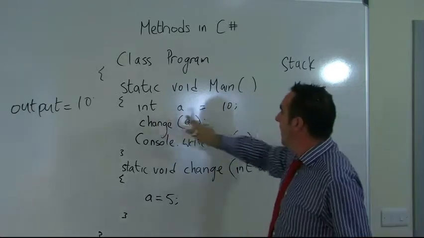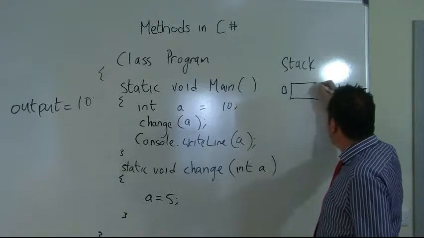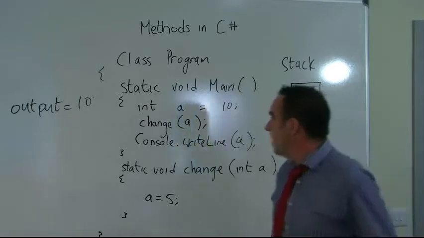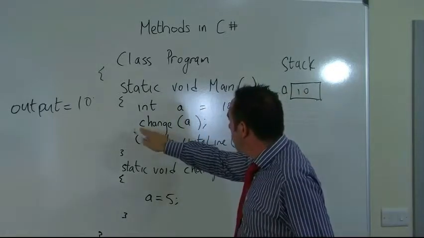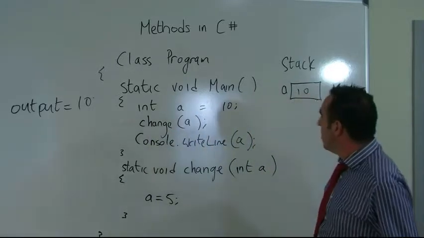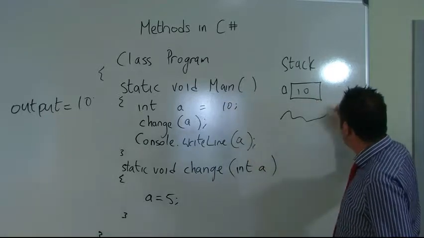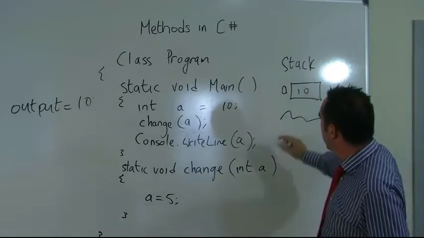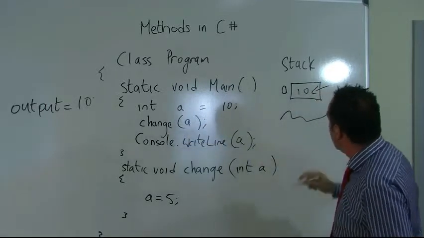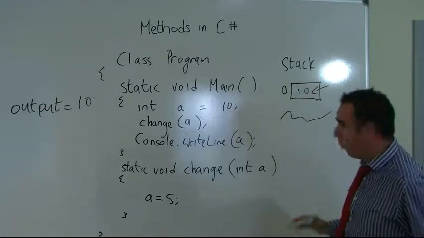So when we define this variable A, what happens? We get an allocation in memory, and the value of 10 is stored in the stack in A. Then what happens? We call this change method, and when we pass by value, all that happens is this goes out of scope. So the main method is no longer available in memory, and as we call that, this value of 10 is copied into a different variable. So that's the essential thing, it's out of scope, so this A doesn't exist anymore,